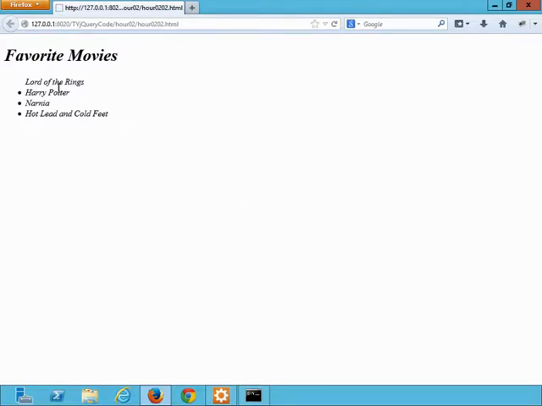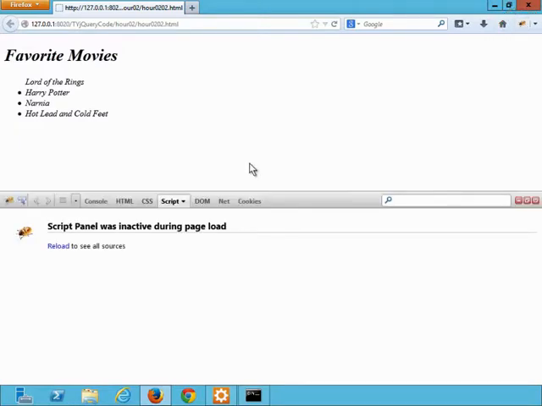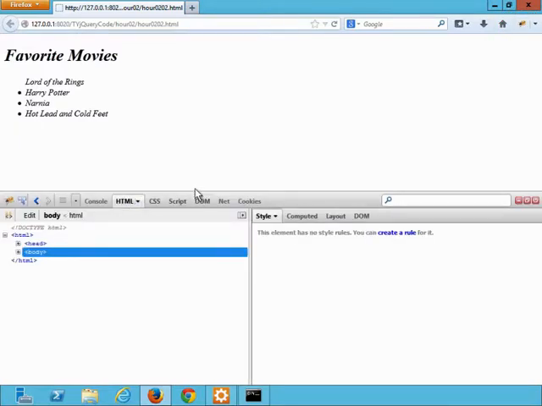We can see right off the bat that we have some problems here. We actually want to italicize only the word favorite, but for some reason, the italic formatting has cascaded throughout the entire document. The second problem we observe is that this bulleted list has only 3 bullets when it should actually have 4. Let's click the Firebug tool button to invoke the debugger, and we'll navigate to the HTML page in